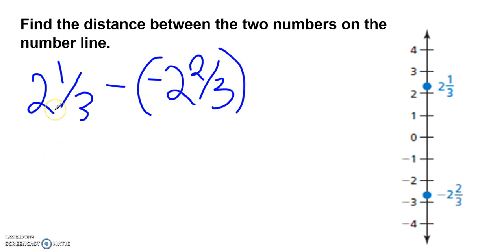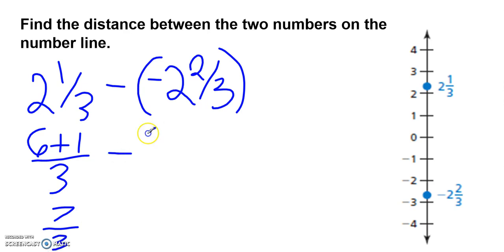You guys know I don't really like mixed numbers, so I'm going to make it an improper fraction. So 2 times 3 is 6 plus 1/3. That gives me 7/3